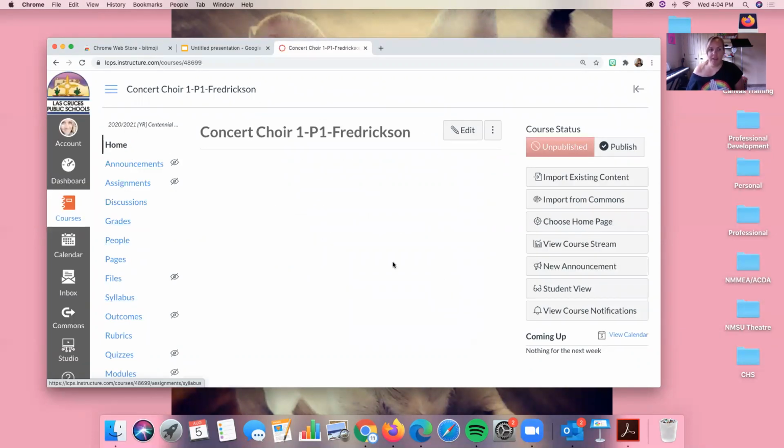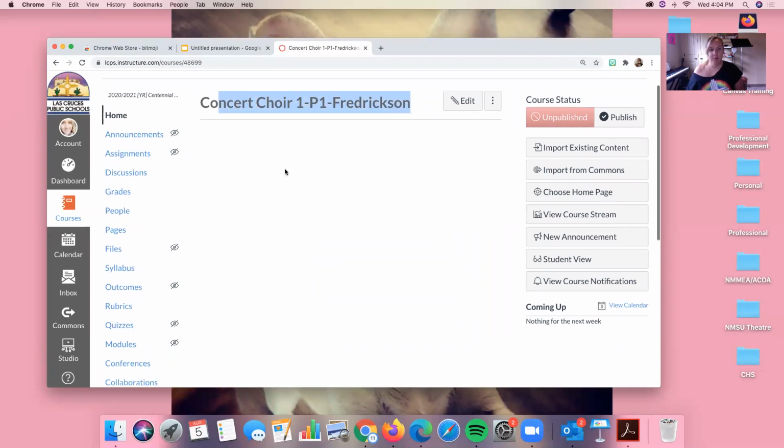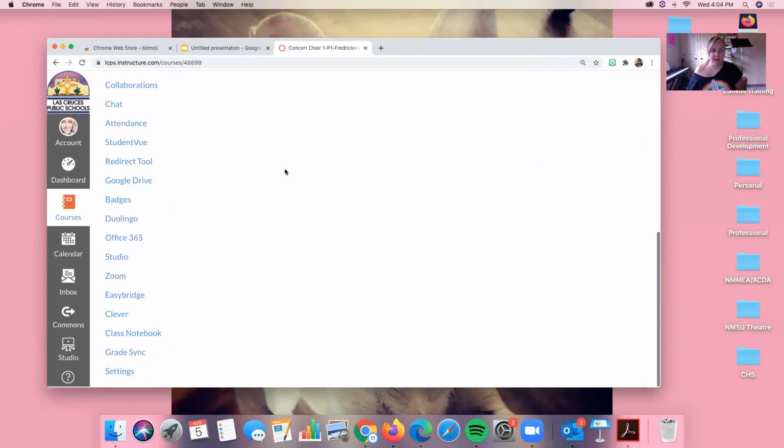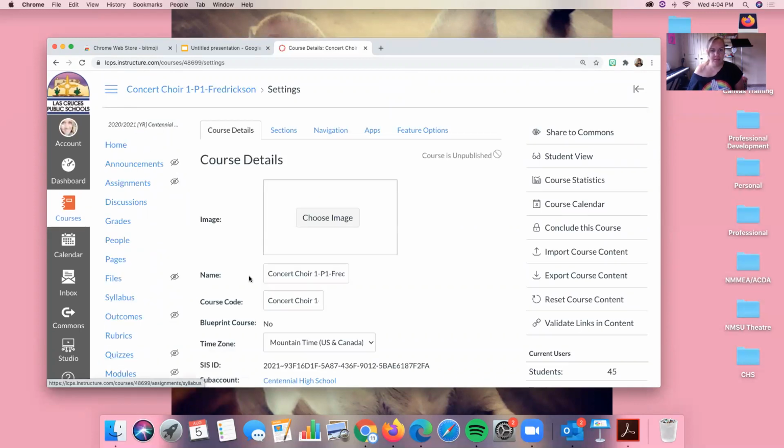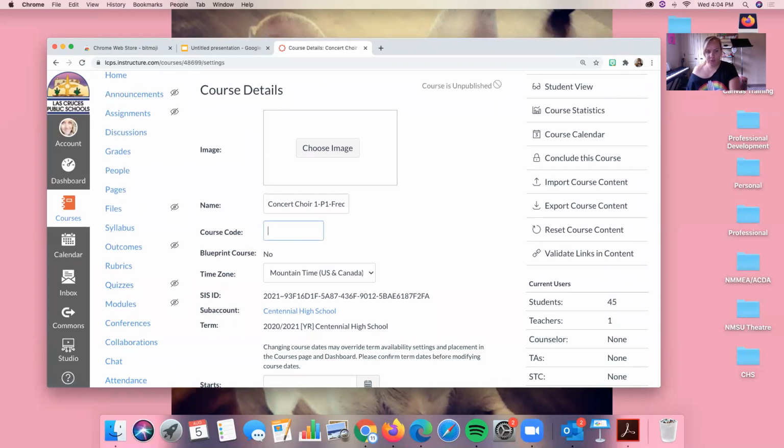So now I have a page that I want to build my choir class in. This is the name of my course: Concert Choir 1P1 Frederickson. I'm not a fan of that, so I'm going to go to my settings and change the name. I'm going to change my course code to first period,